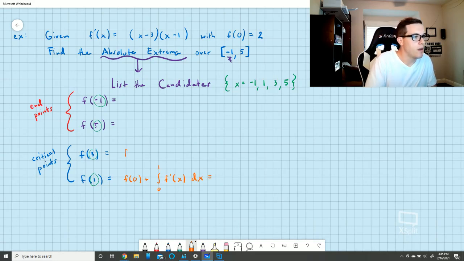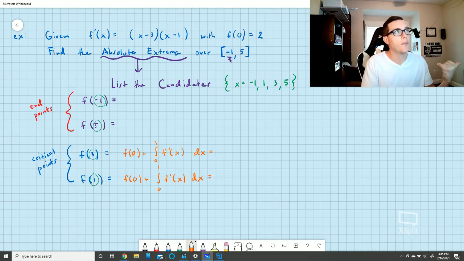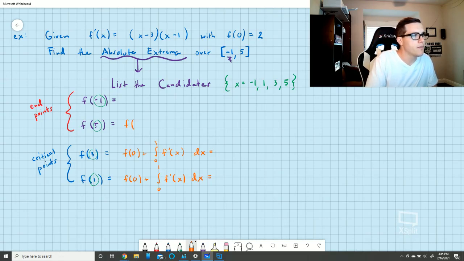F of 3 will be f of 0 plus our accumulation from 0 to 3 of our derivative. This is actually really straightforward. We don't have to worry if the function changes direction or anything, because accumulation accounts for positive area and negative area. F of 5 is f of 0 plus the accumulation from 0 to 5, f prime of x dx. And then this one's the one you have to be careful, f of 0 plus the accumulation from 0 to negative 1,